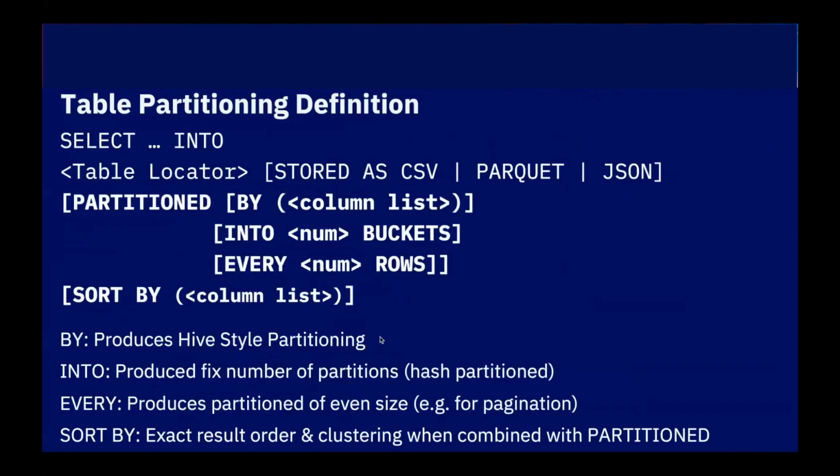There are other forms of partitioning that you can use for other reasons. For instance, if you want to optimize for the number of objects being produced, then you can use this into clause. Or if you want to have objects that all have the same number of rows, you can use this every clause. That's very useful in the case of pagination, right? The application wants to run a SQL, and then it wants to consume the results, maybe to let the user step through the results in a UI where he just presses next. Well, that's a very elegant way to achieve pagination, by just running the query with the every clause.